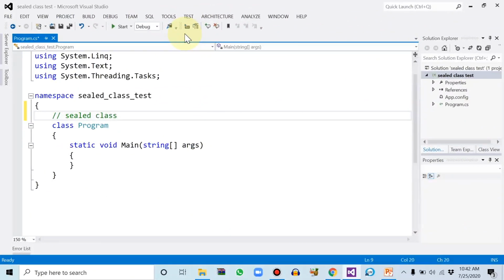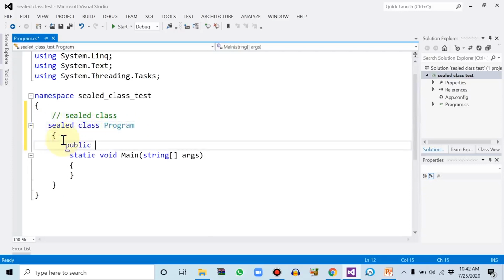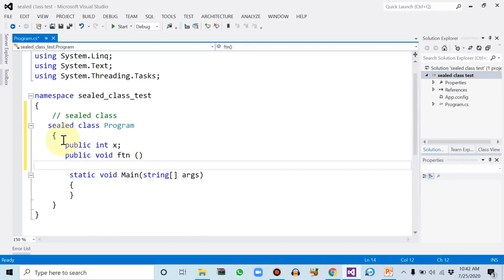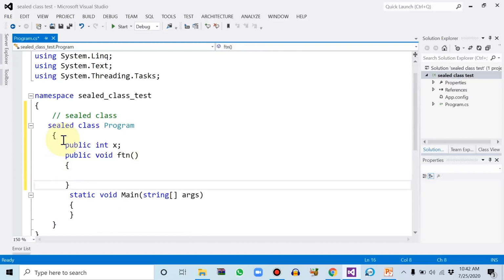Sealed class. Let me include the keyword sealed, and you can say the space, then the keyword class and the name of the sealed class. And you can see I am just declaring the integer data type, let's say x, and declaring a member function, let's say having return type nothing, and the function name is ftn, and within this class I'm just printing a simple message, console.WriteLine